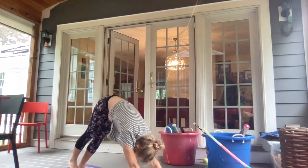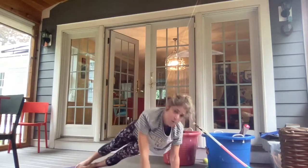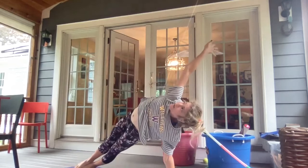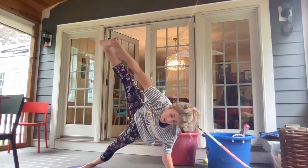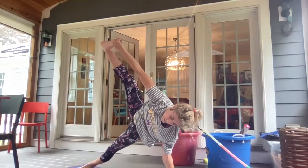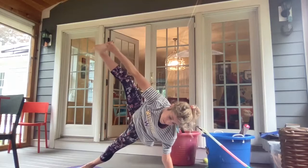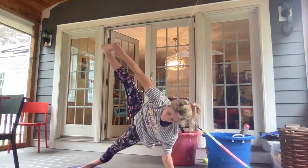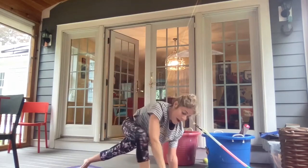Back to a downward facing dog. Inhale forward to a plank, exhale coming over onto your left side, Vashisthasana. Right arm up, grabbing hold of the right peace fingers around the right big toe, extending the leg. We're bringing it into a tree, wherever you want. And that right foot comes back,